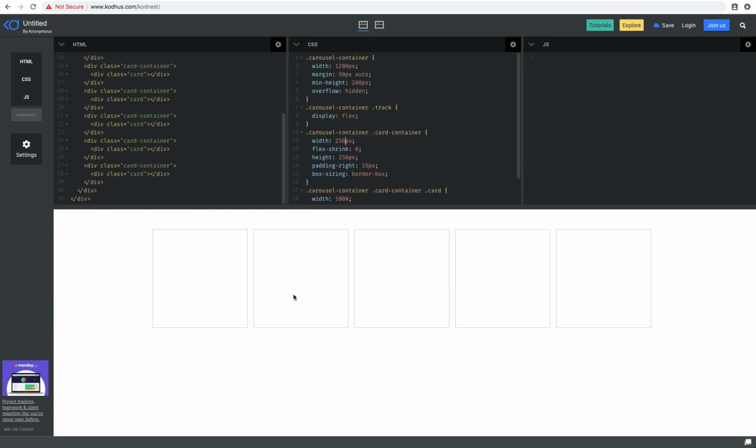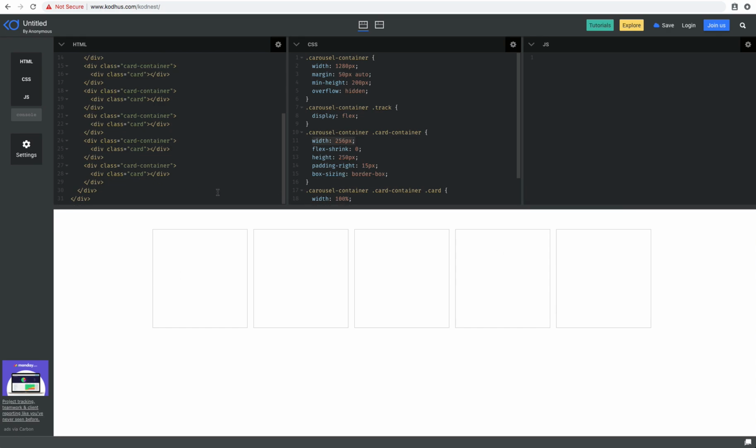And if you have this on a different device, like a tablet, you also need to make sure, by using media queries, you consider the correct width for both the carousel container and for the width of the card container, right? So now the next thing I would like to do is add the next and the prev